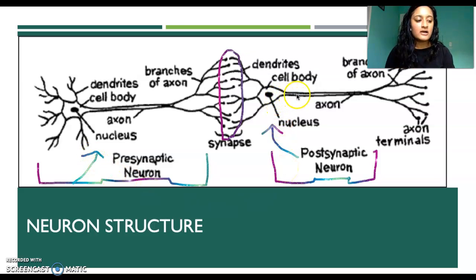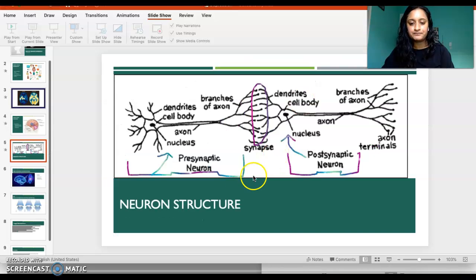And then there's a long fiber called the axon, and the presynaptic neuron relays information down to the synapse or down to the branches, and this is where the exchange of information occurs. It's not really an exchange, but more of a linear kind of transmission. And I'll show a video depicting this, and I'll talk over the video.